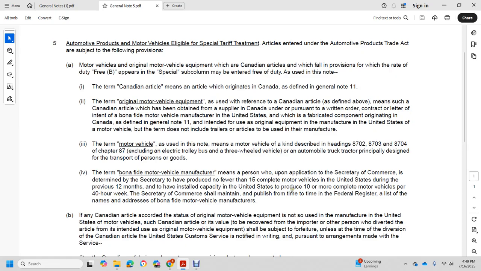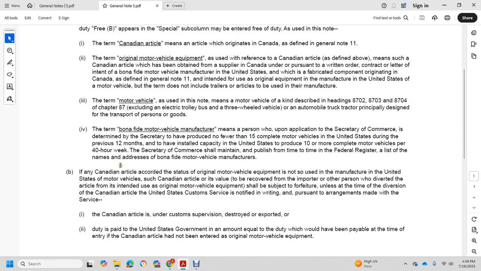The Secretary of Commerce shall maintain and publish from time to time in the Federal Register a list of names and addresses of bona fide motor vehicle manufacturers. If any Canadian article accorded the status of original motor vehicle equipment is not used to manufacture a United States motor vehicle, such Canadian article, or its value, shall be recovered, and the importer or other person who diverted the article from its intended use as original motor vehicle equipment shall be subject to forfeiture unless, at the time of the diversion,